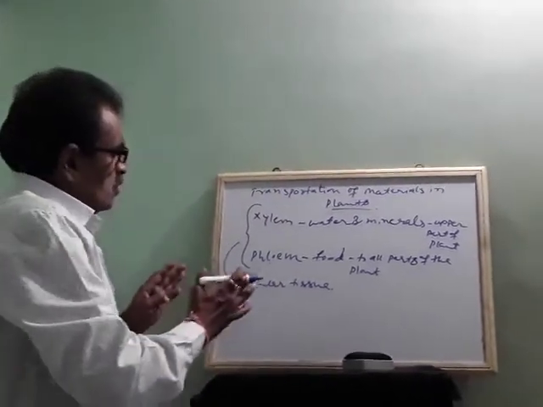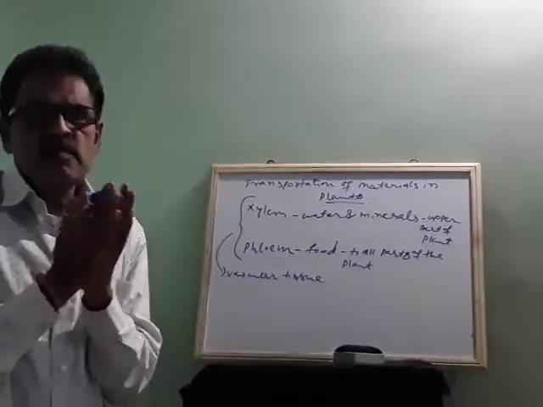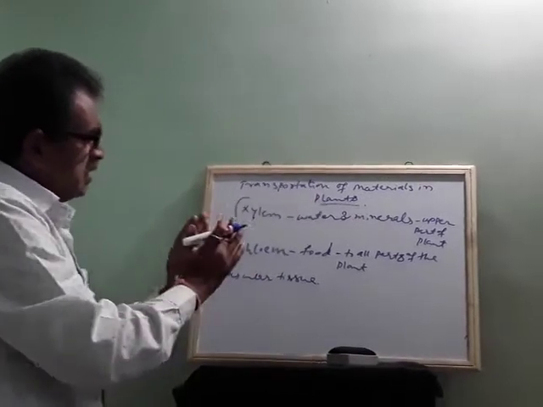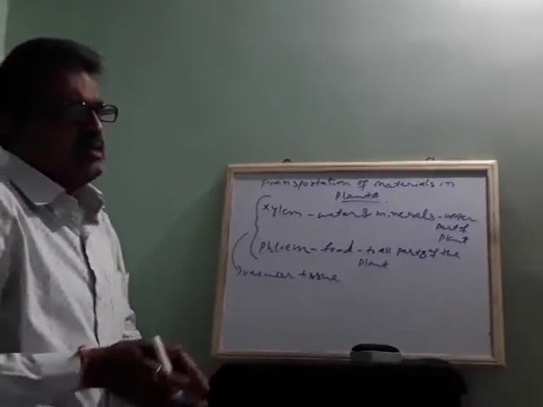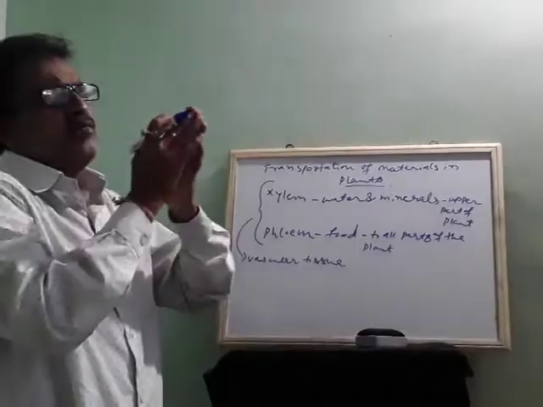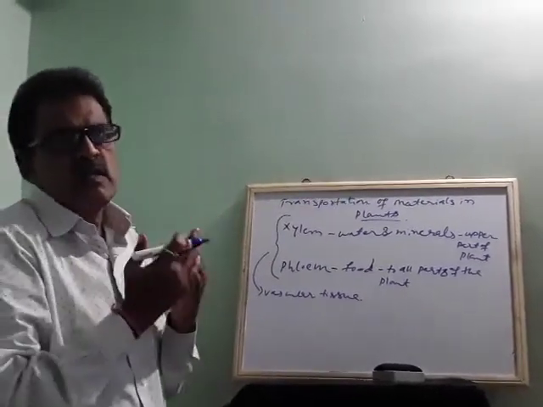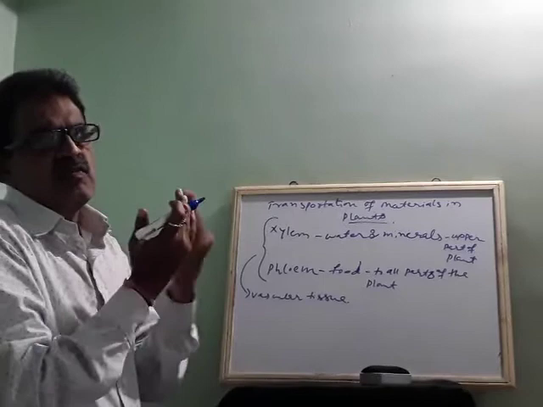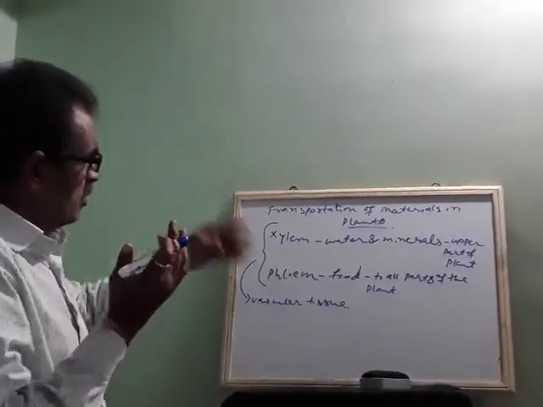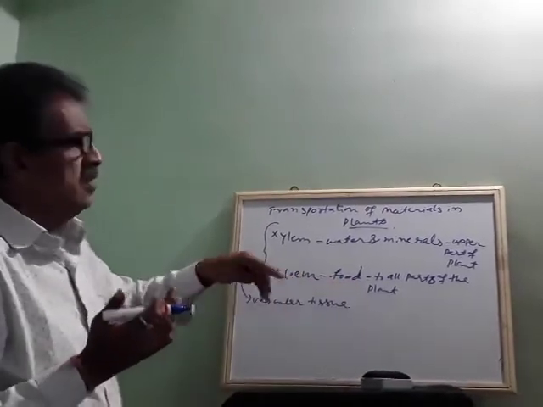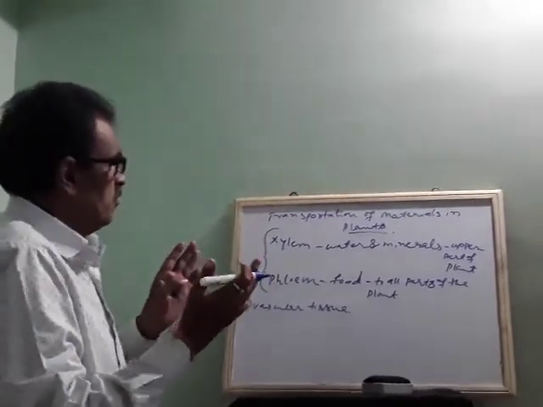Based on the functions, different types mean the food which is present here should be distributed first to a part which is nearby, and the food should also be distributed around the stem, one horizontally and one vertically. So to distribute the food prepared from the top to bottom, different types of phloem cells are present in the phloem, and they help in the conduction of food.